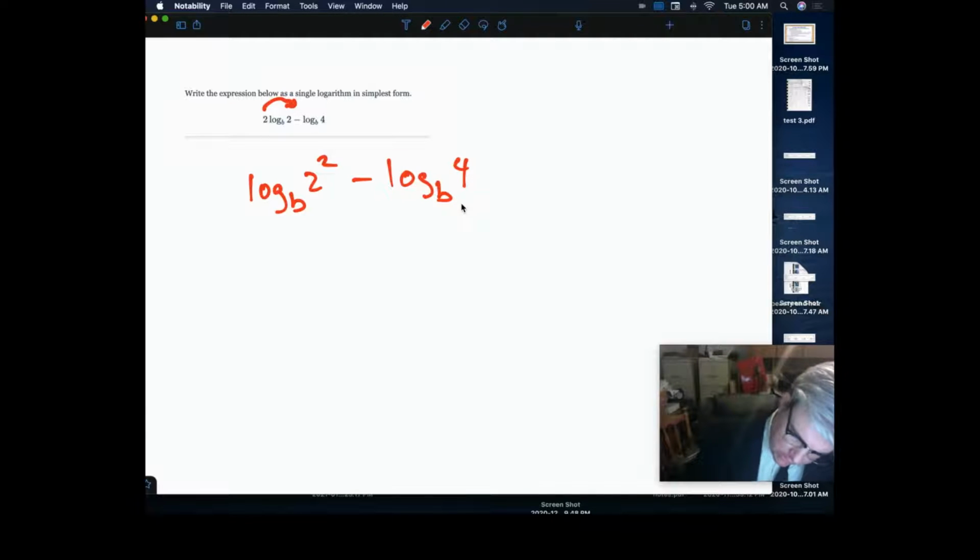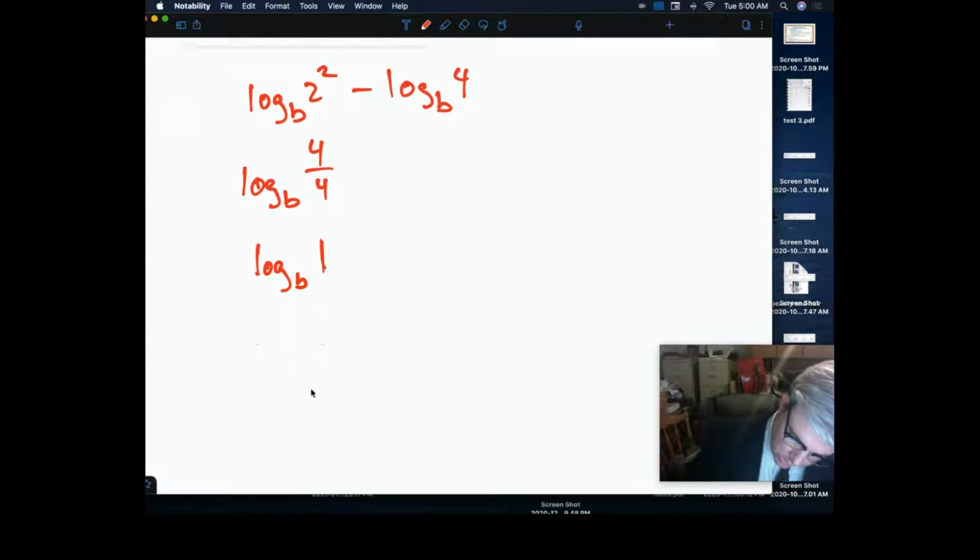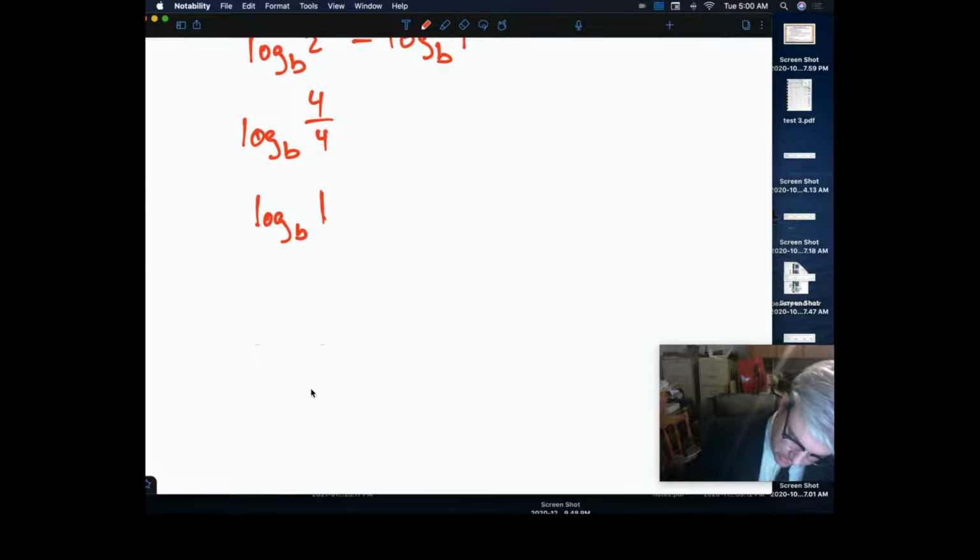And so we solve this. This actually becomes 0, right? Because this is 4 squared, 2 squared is 4. And so this whole thing is equal to 0. But I'm going to go ahead and do this. I'm going to write this as 4 over 4, which is log base b of 1, which is also going to be 0 because, right,